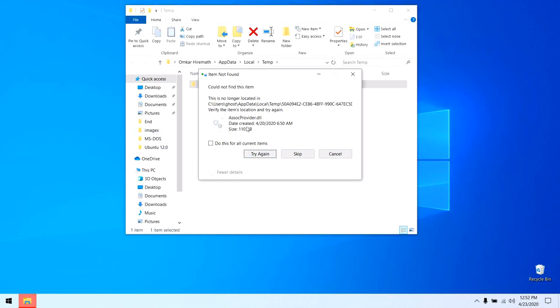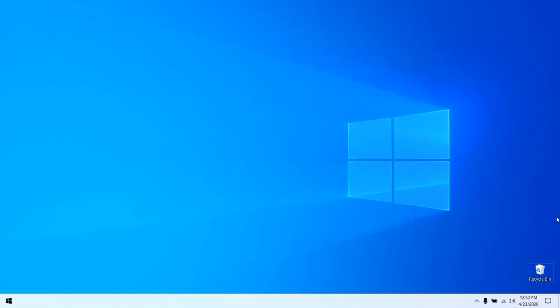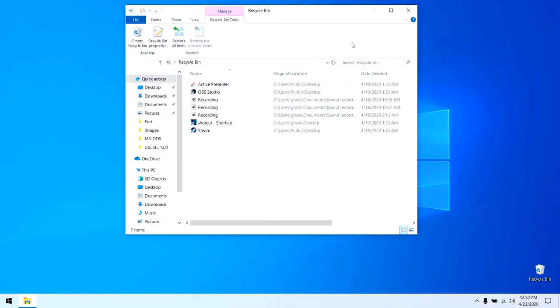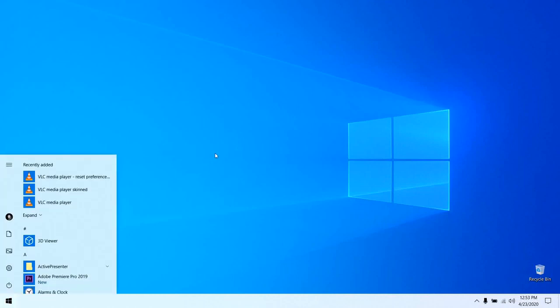Because the DLL file, if it is in use or if it is not located actually, then this won't delete. Just skip this part and I'll select do this operation. Okay, and after that just empty your recycle bin, and these are the two factors.